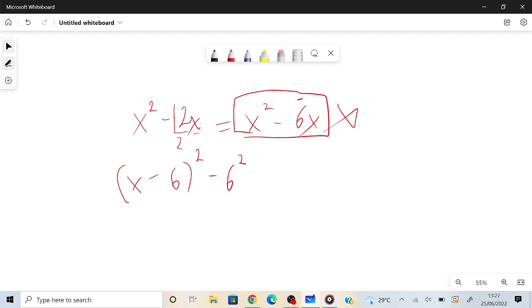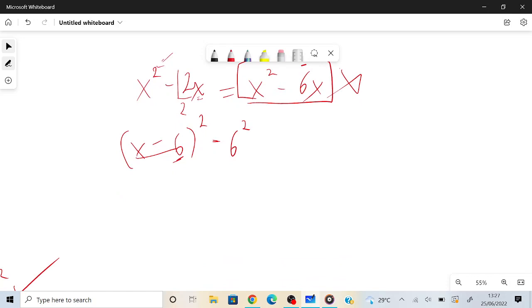What I did was I divided my coefficient of x by 2, and whatever that was, which in this case is 6, I brought it over here. I got rid of this square over here and put x minus 6 together in brackets, squared, and then I subtracted the same number to the power of 2, which is 6. So doing this, we will now have x minus 6 squared